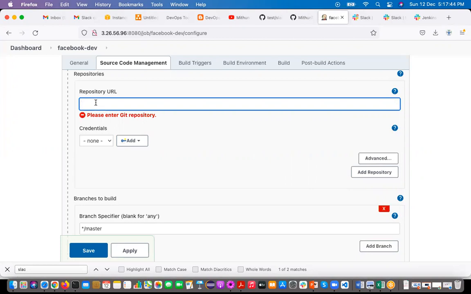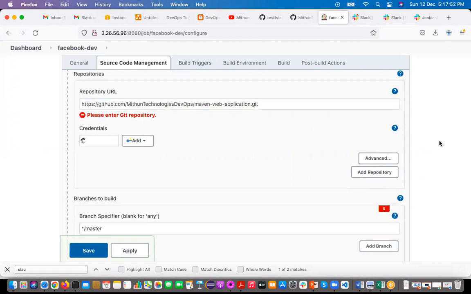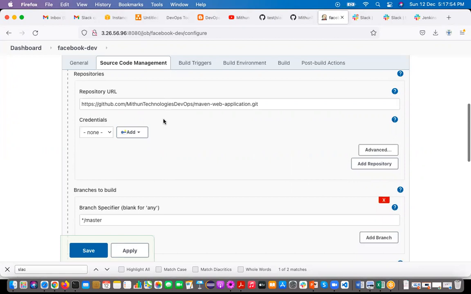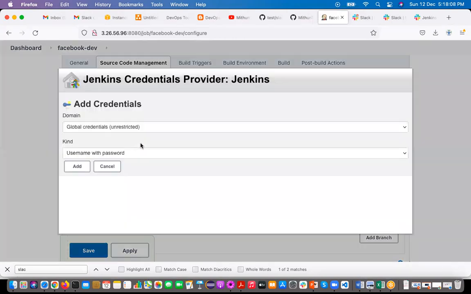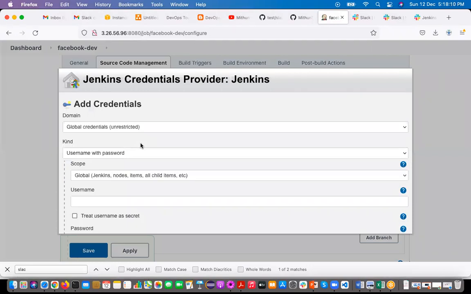So what I did, I have removed it and clicked the cursor outside, and it is asking please enter GitHub credentials. So now you can paste it and click the cursor outside. Are we getting that error? No, because we have installed Git on the Linux server where my Jenkins is running. Then you can add the GitHub credentials. It is a public repository, so even if you don't give the credentials, it is going to work. But I will show you how to give the GitHub credentials.